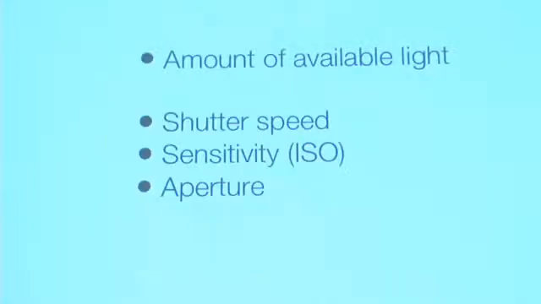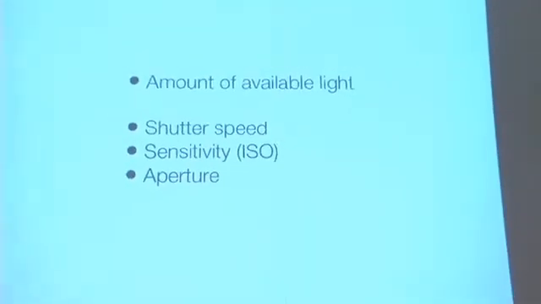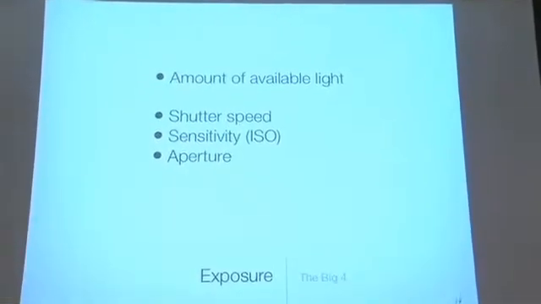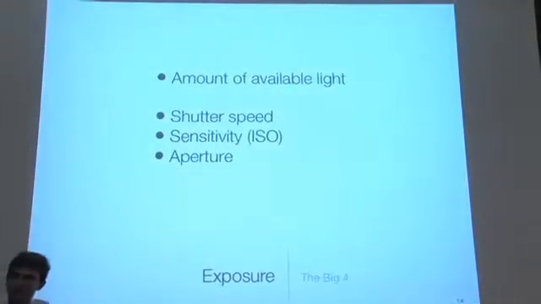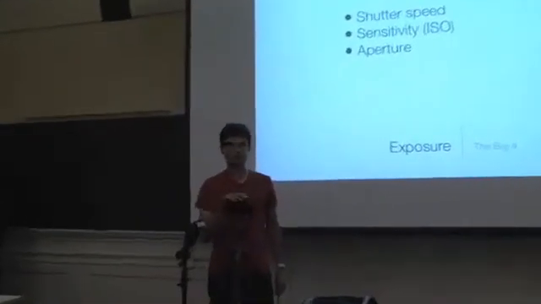All right, so we've talked about the three major ways that you can adjust the settings on the camera to affect the outcome of your photo. So we talked about the shutter speed, the sensitivity, and the aperture. But one of the things we haven't really talked about is changing the amount of available light that exists within a scene. So maybe the scene is a little bit dark and you need to increase some light. Or maybe the scene is a little bit too bright and you need to try to decrease the amount of